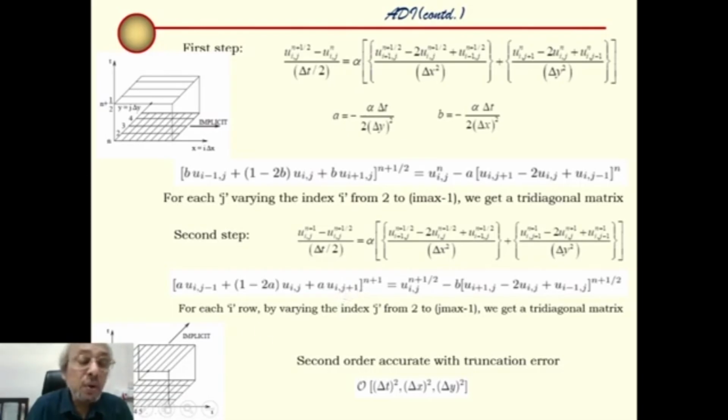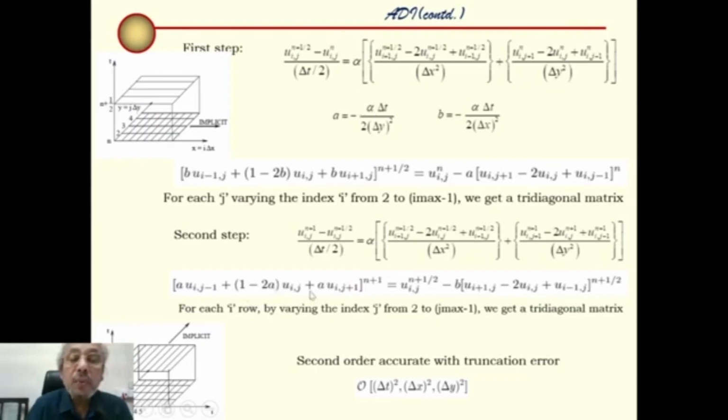I is fixed now, sorry. We are varying j equal to 2 to j max minus 1. Let me repeat. I is fixed, I is 2 for example, and then when j is 2, this is 1, this is 3. Then again j is 3, this is 2, this is 4. So basically fixing I equal to 2, j equal to 1 to j max, from beginning to the end,